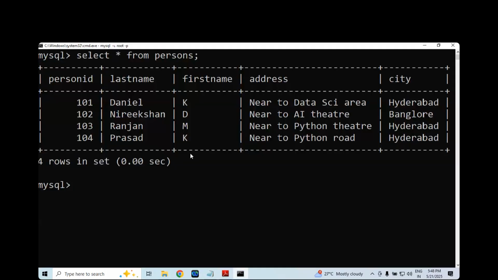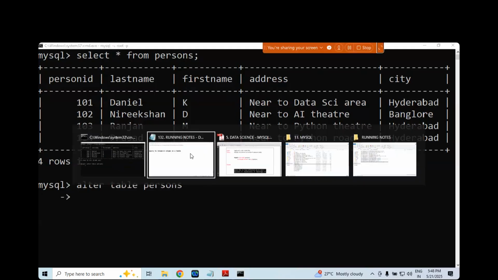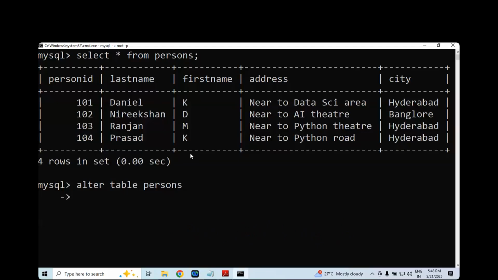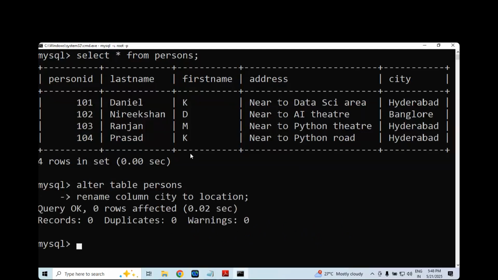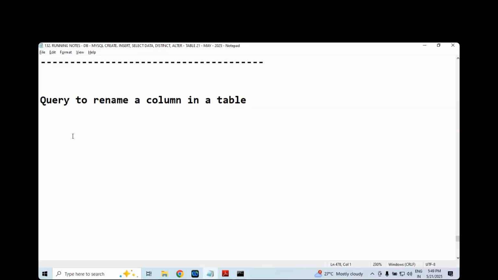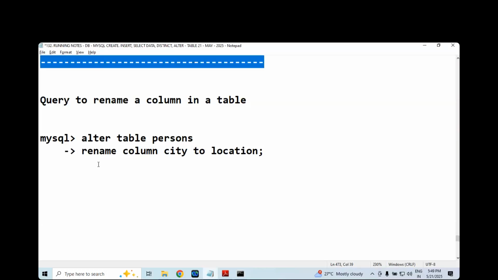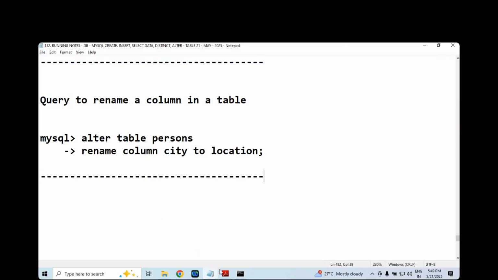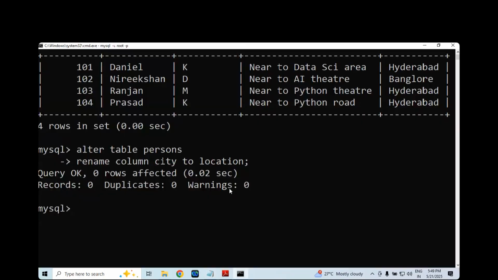The query is very simple. ALTER TABLE persons RENAME COLUMN city TO location. So simple. Done. It will specify the query is okay. The query you have run is accepted. That is absolutely fine. What is the confirmation? You just have to run the confirmation: SELECT * FROM